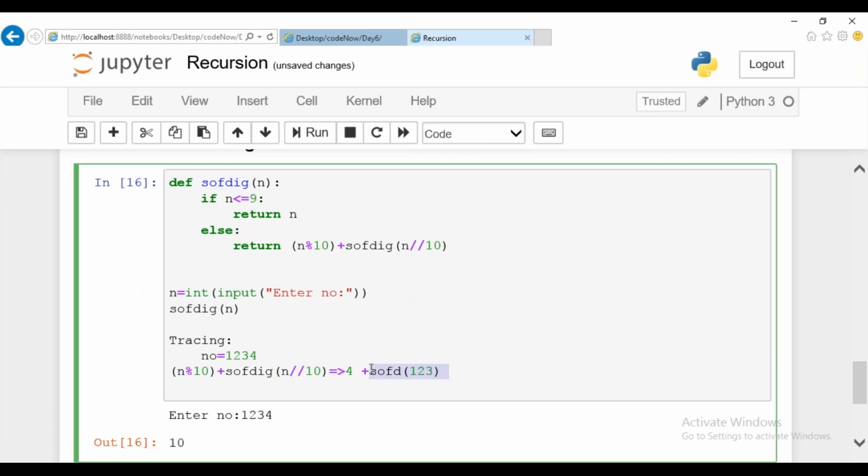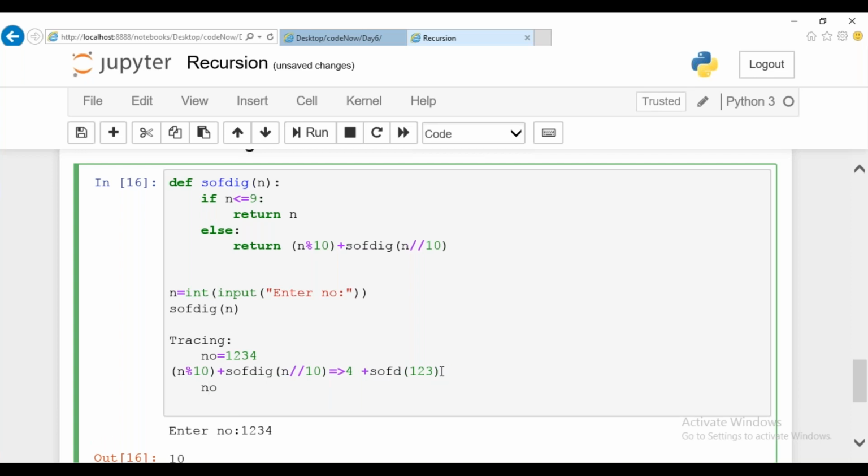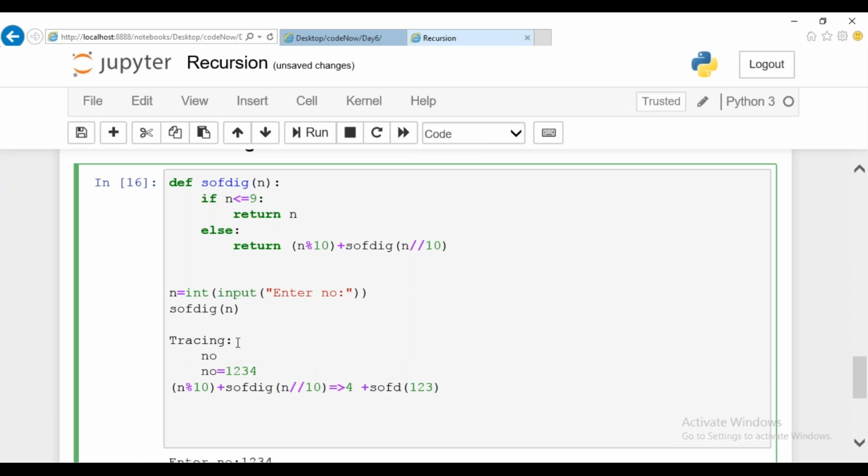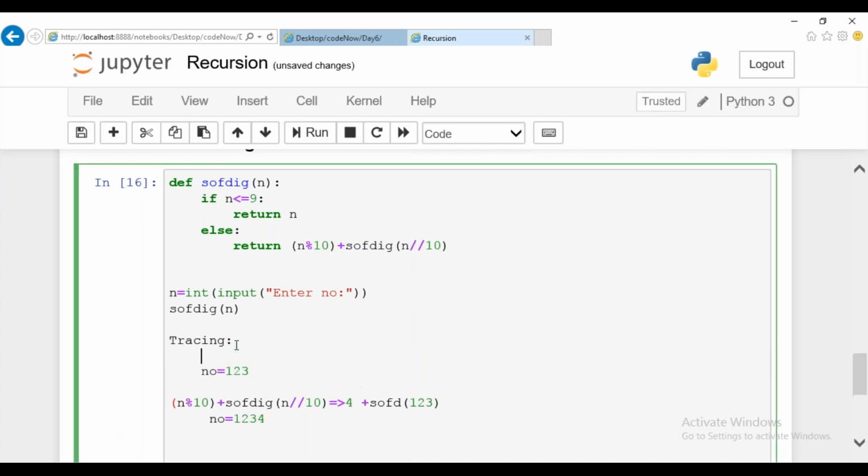Again, for the next iteration, the number value passed to the function is 123. Guys, whenever you're speaking about stack, make sure that the value you're nesting is kept track of. For the next iteration, just a minute guys, let me write it in a sequential way so that everyone can understand.